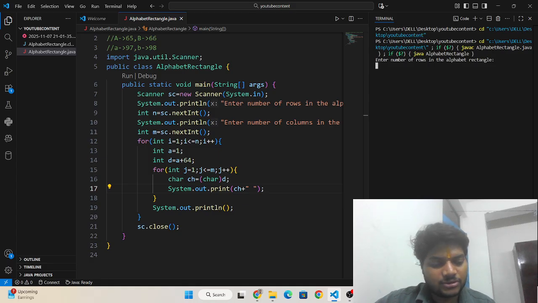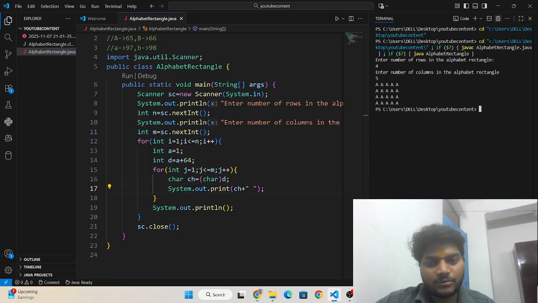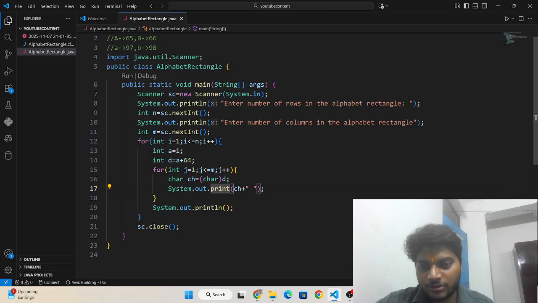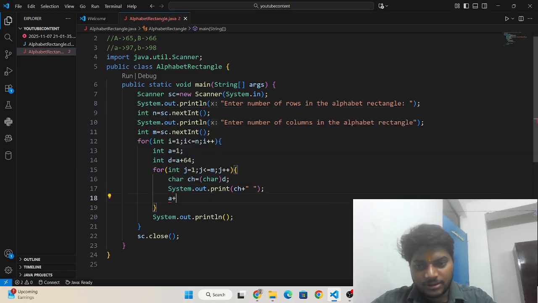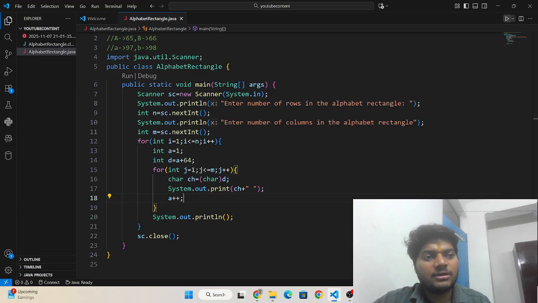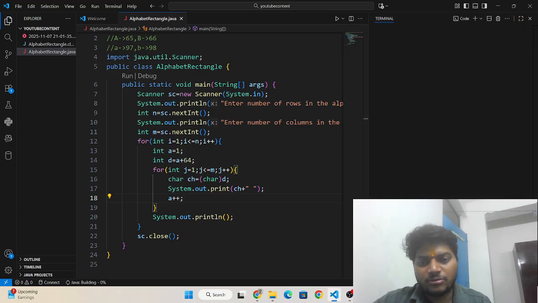Enter the number of rows: I am entering 4, now I am entering 5. See, oh my god, I am not increasing a by 1, that's why the error is coming. Now after printing the character, I have increased the value of a by 1. Now this will be okay.